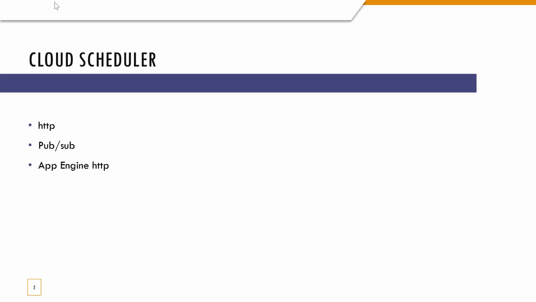So let us start. Cloud Scheduler is basically a service in GCP that enables you to trigger an HTTP, a Pub/Sub, or an App Engine HTTP request based on a particular schedule. So let's say you want to schedule something to run at a particular time, then Cloud Scheduler would be a perfect solution for something like that. It's a very basic and fairly straightforward service